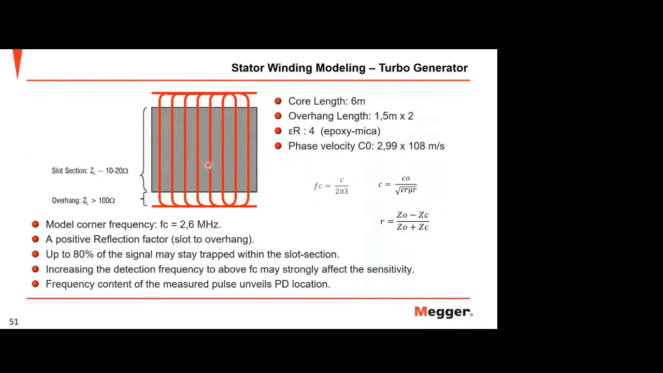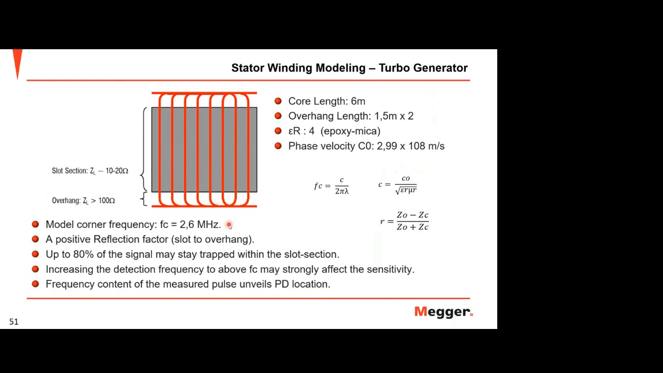And this is the stator winding modeling. If you see the rotating machine, there is a slot section and an overhang part. With this calculation, we got this 2.6 megahertz value. So meaning, if you measure PD with a frequency range higher than 2.6 megahertz, the signal will be trapped. I mean, it cannot capture all the winding. So this is why